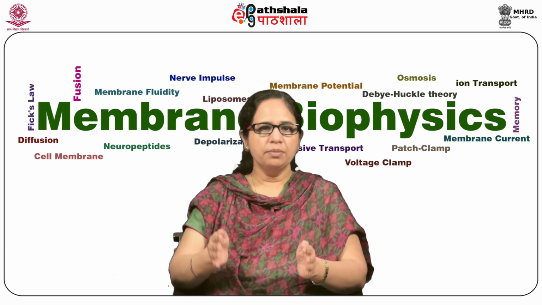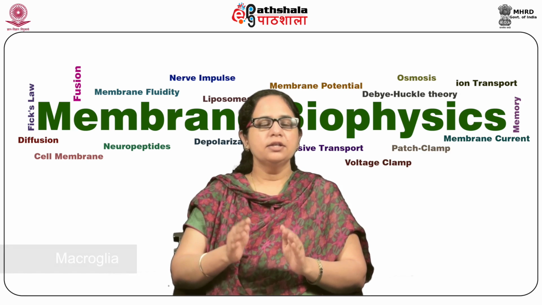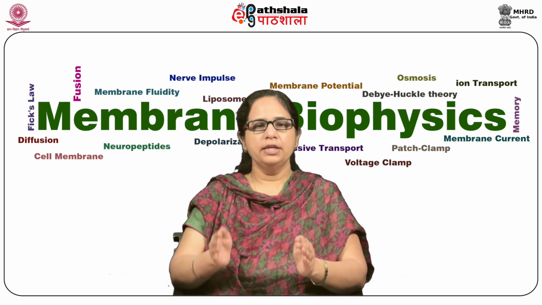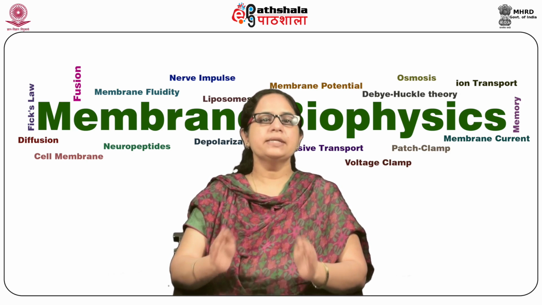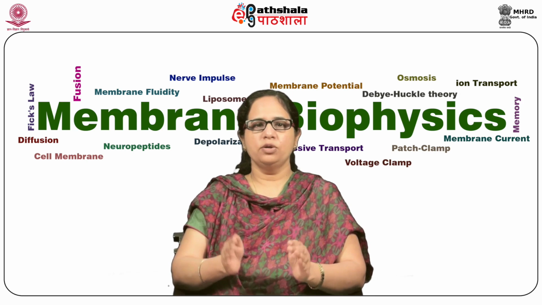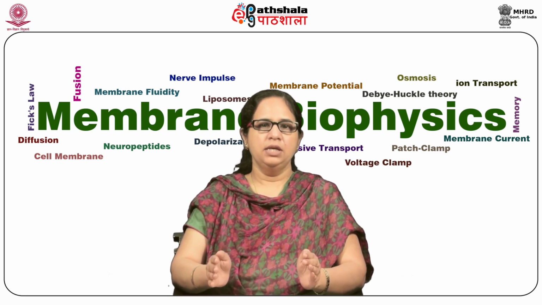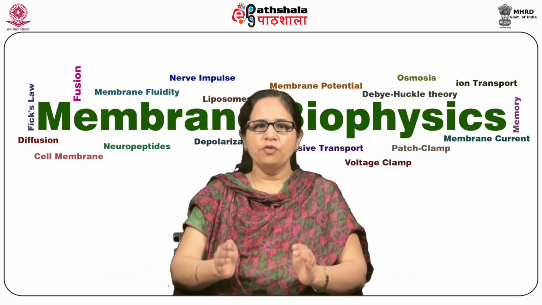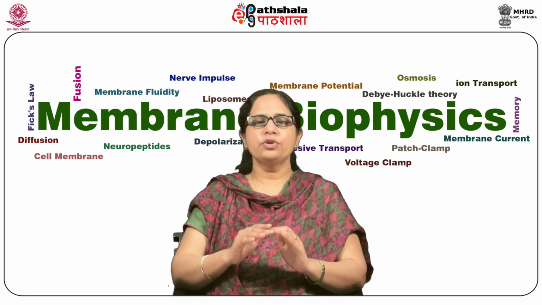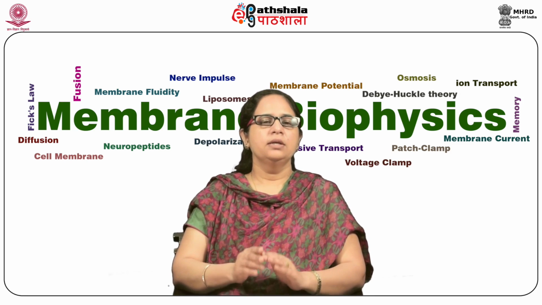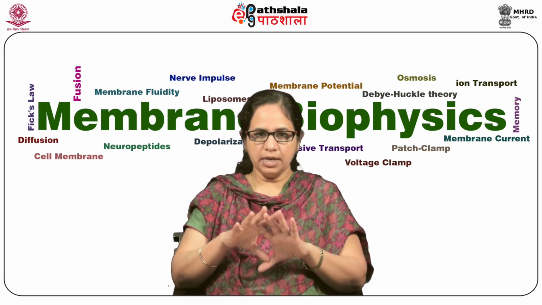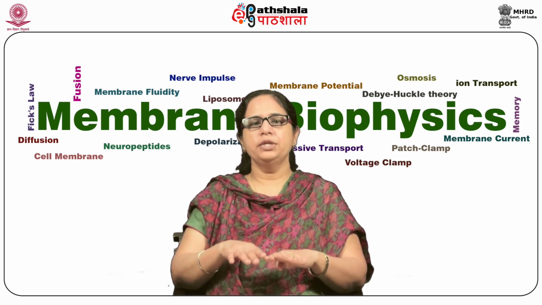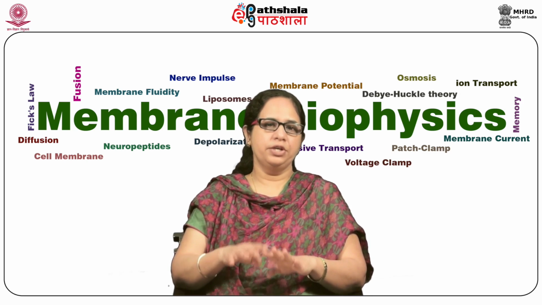Coming to the second one, macroglia. They derive from the ectodermal tissue and are of different types. The first one is the astrocyte, also called astroglial cells. These are the most abundant cell types of macroglia and are found throughout the central nervous system. An astrocyte is a star-like cell and has many processes extending from its cell body into the surrounding networks of